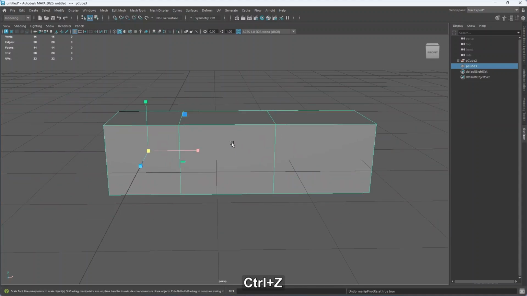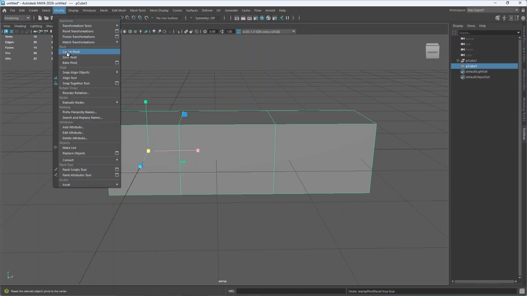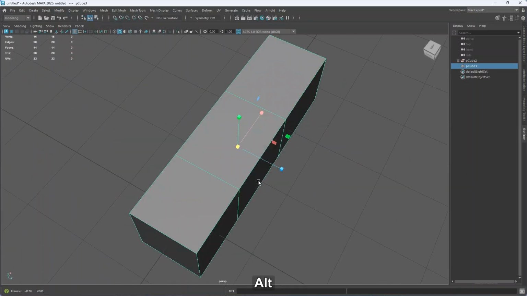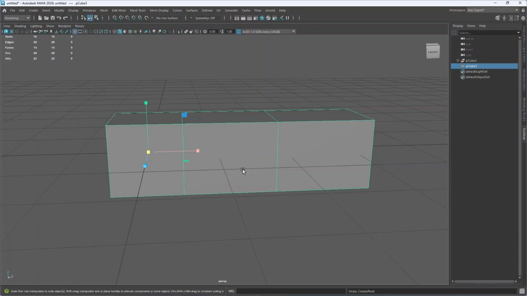Now, another way you can reset this pivot is by going over to modify and looking for the part that says center pivot. And when you click on that, it is going to center your pivot back to the midpoint of your object. And the last way which you can use to center the pivot, that I said I hate the most,